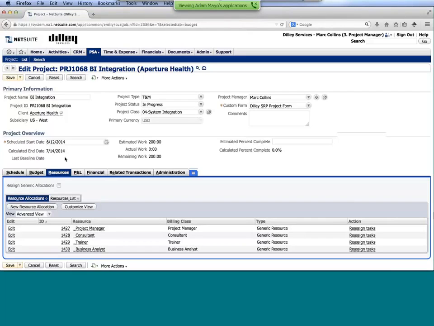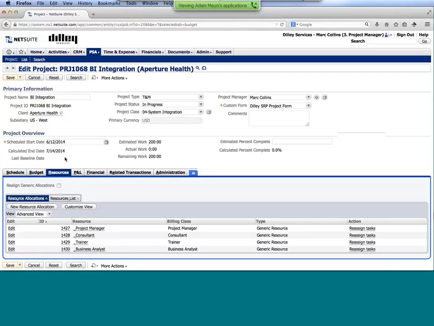Now, we work with firms that often might have more of a centralized resource management approach, where before I, as a project manager, can staff someone, I need to go to our resource coordinator or our practice lead and say, do you have anybody available that can work on my project? That person would have to go through, say, yes, I'm going to staff this person, what we would refer to as an allocation. So they'll allocate that person to the project, and now I can go in and staff that person accordingly.